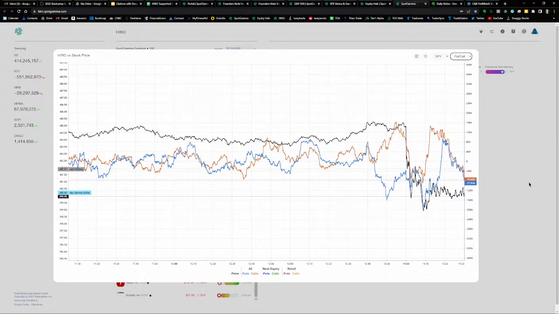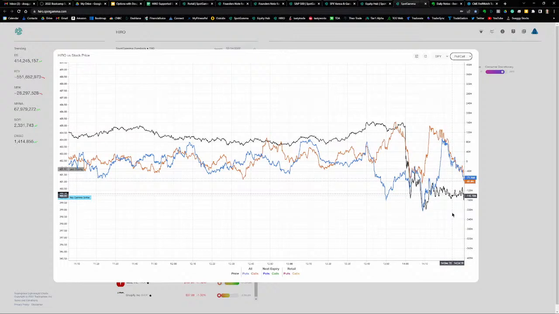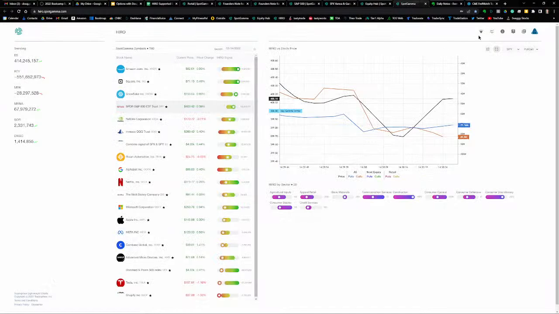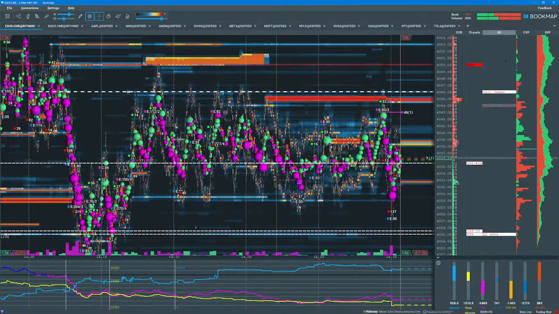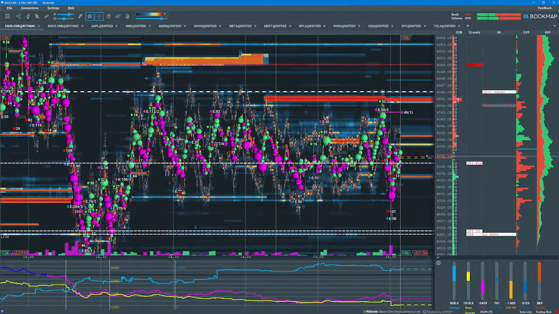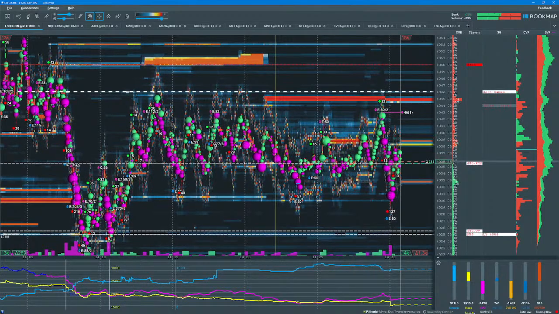And I'm going to sign off here. My time is up. It looks like the press conference will start in just a moment, and that should get price moving again out of this 399 to 400 range in SPY. And back to Bookmap. Okay, let me take a look for any final questions, and then I will